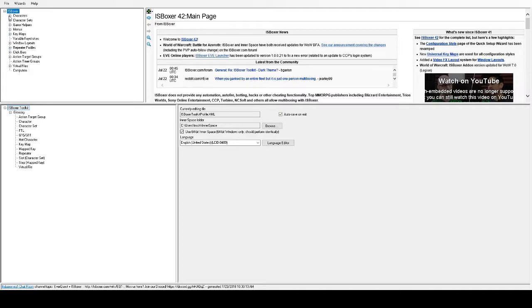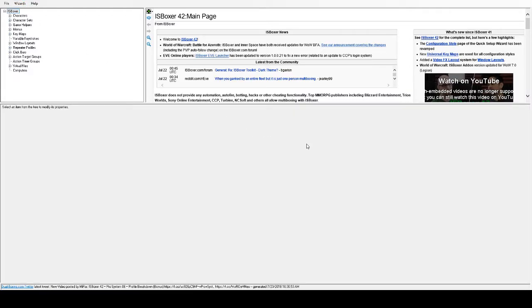You get this when you download and get the subscription to ISBoxer, which is about $45 for a year. You bring this up, and I would definitely recommend doing the quick setup wizard guide. I'm not going to go through it in this case because I've already done it for my characters, but I can show you basically what it looks like. So in this case, you would do the drop down, choose the game, which in this case is Everquest, and then you would pick from Everquest